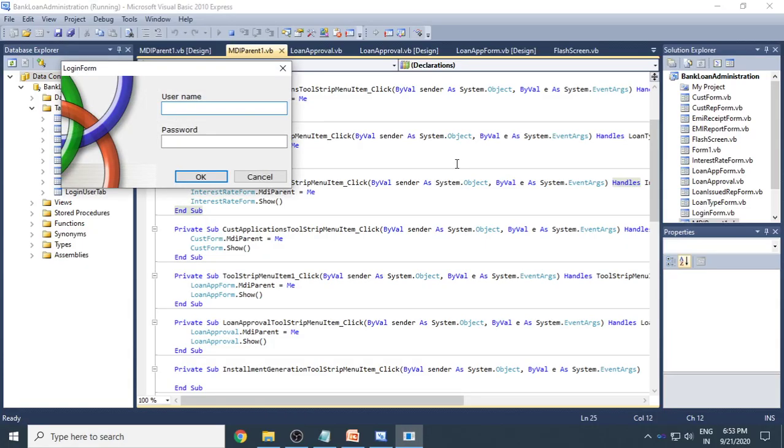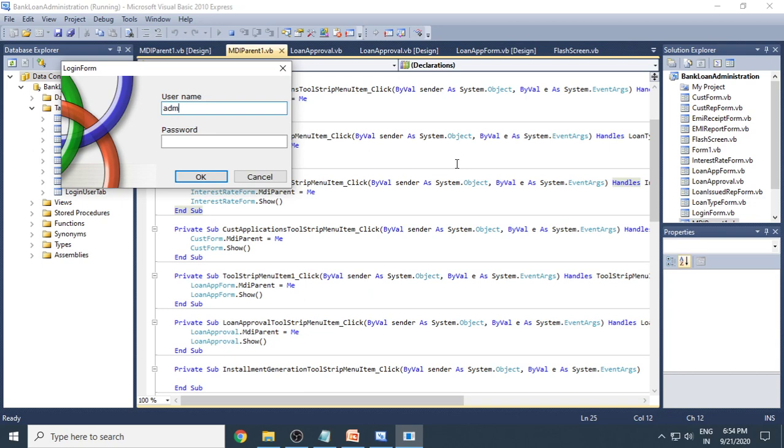So first we have a welcome screen. Here you have an image. So you can plan what way you want to show the image. So you can design your own images and you can write the program. But here we are using one simple image. So this is a login page. So your login page is in small size, but you can make it maximum size. So for that you have to go to properties. There is a Windows state and you have to select Windows state to be maximized.